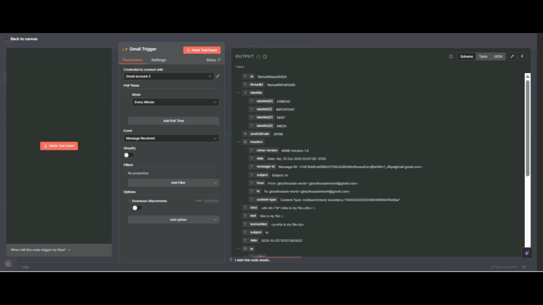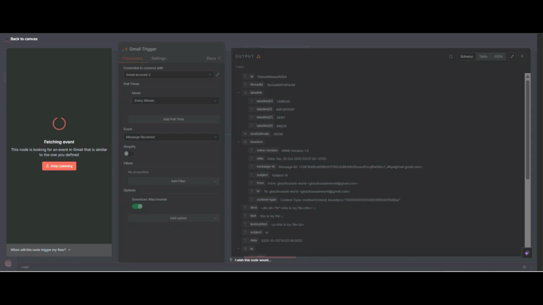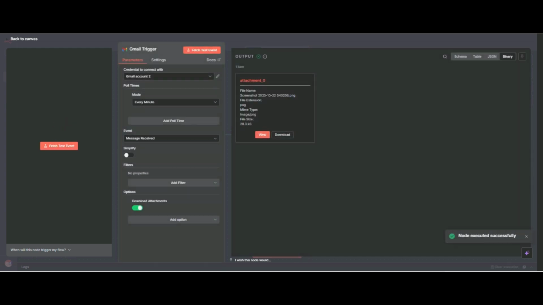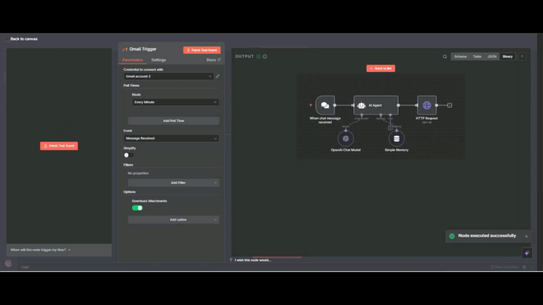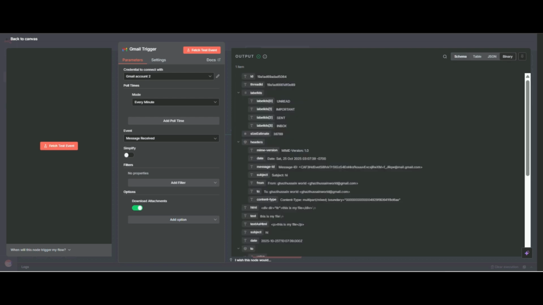Oh, we have not received it, because I added a download option but not on this. So I will click on this, and then now I will click. Now you can see we have received our data and also our email.